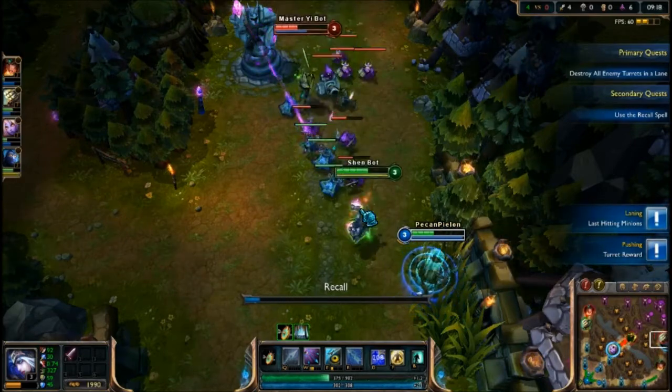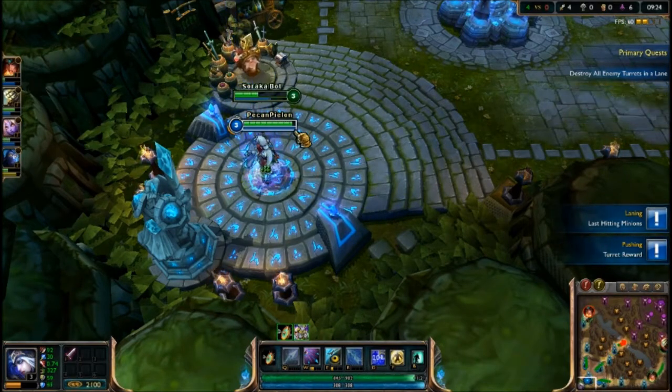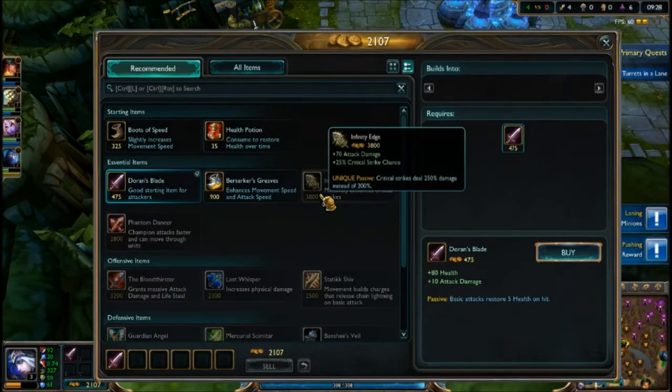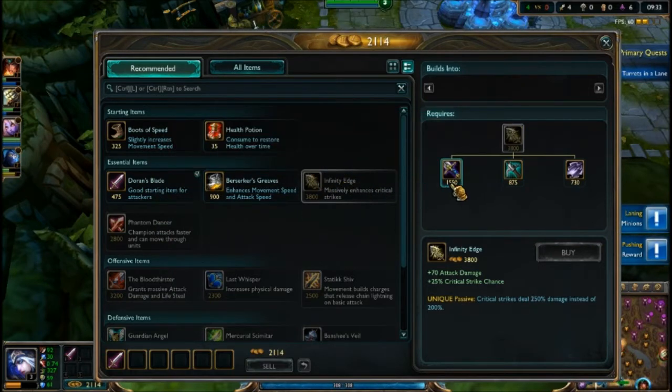So yeah, remember, recall when you need to get money, when you have enough money to buy stuff, when you're hurt, or when you are running away from opponents and you think you have a chance to get back home safely. Alright, so you see here there are these essential items, we're going to get the Infinity Edge,